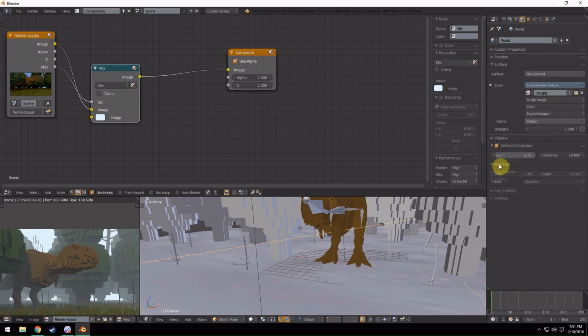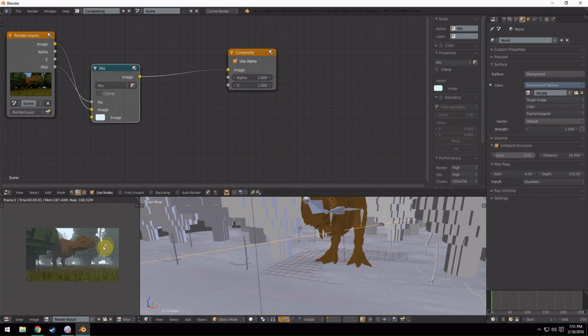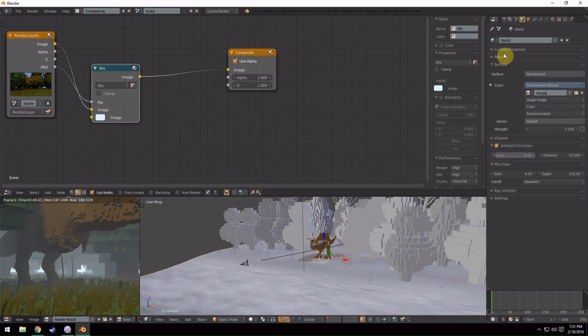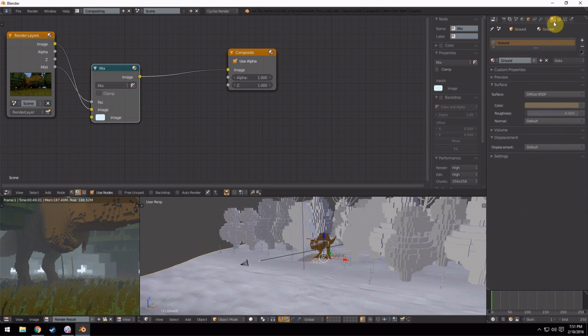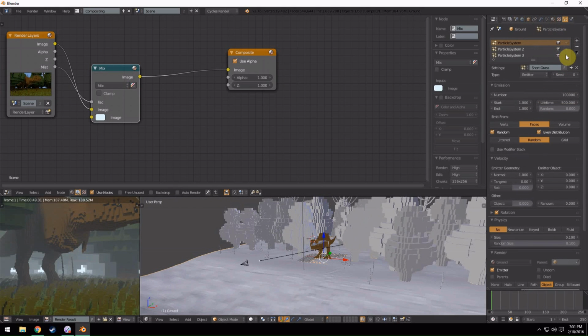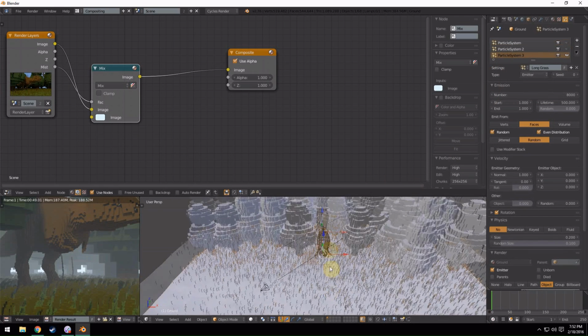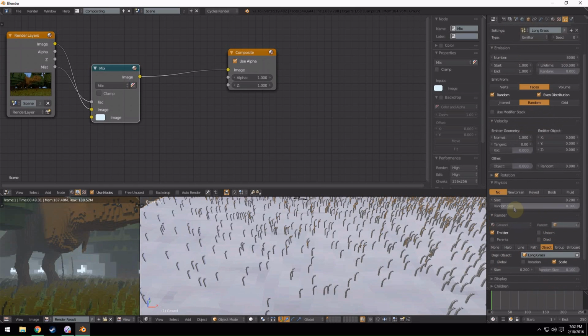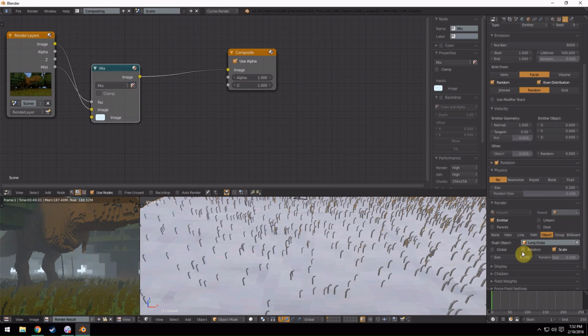So we'll change the fog to maybe start around 6 and have it go to 150. Just like that. And then we'll change our grass particles here. We'll go into here, and then we'll have the particle system. We'll show the tall grass first, because the tall grass is the most obvious when it comes to the angles and stuff. We'll boost the random size a lot more. Right there, you can tweak it down here too. We're also going to add in